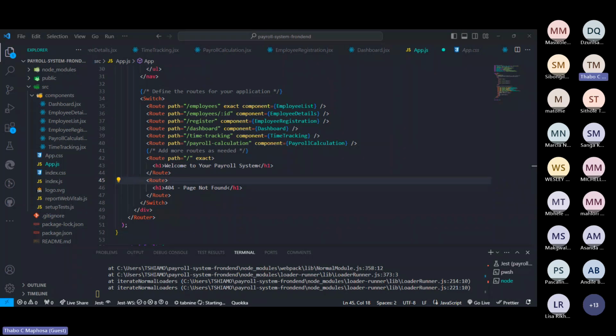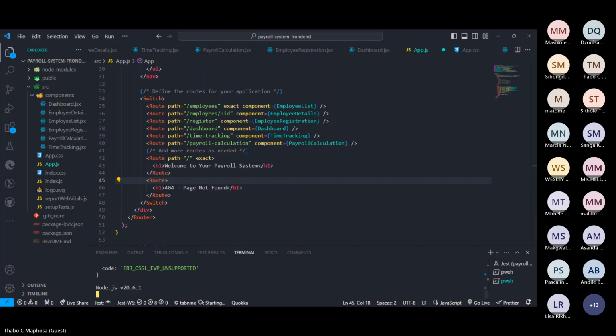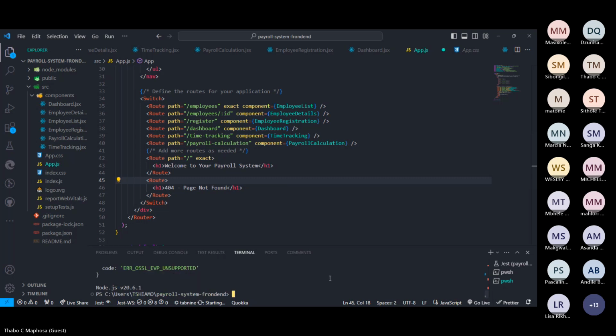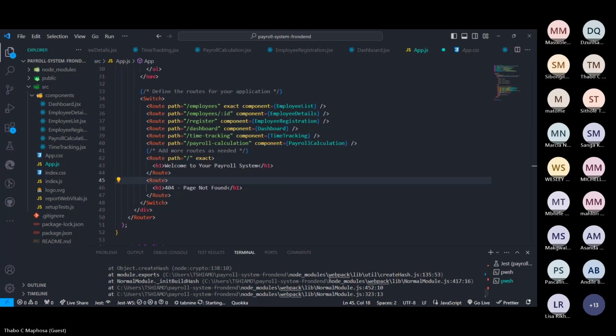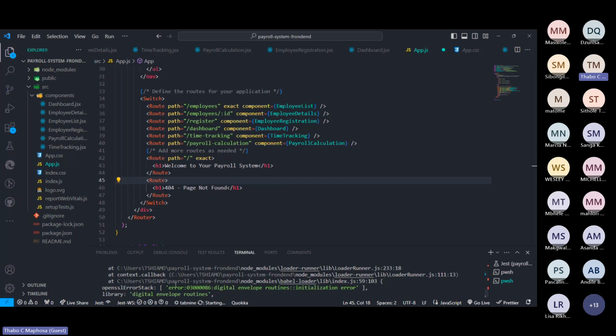Okay, so every time I run my NPM, it gives me an error that I need to sort out.